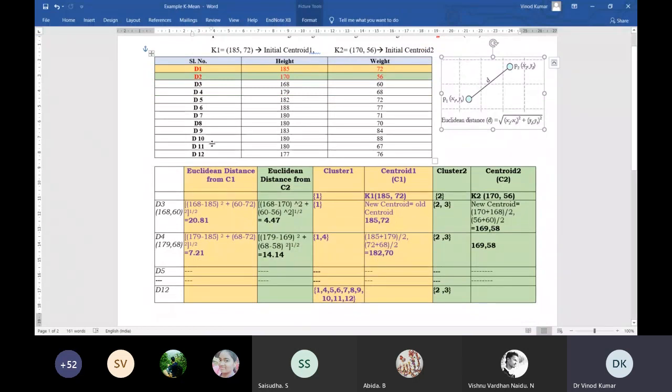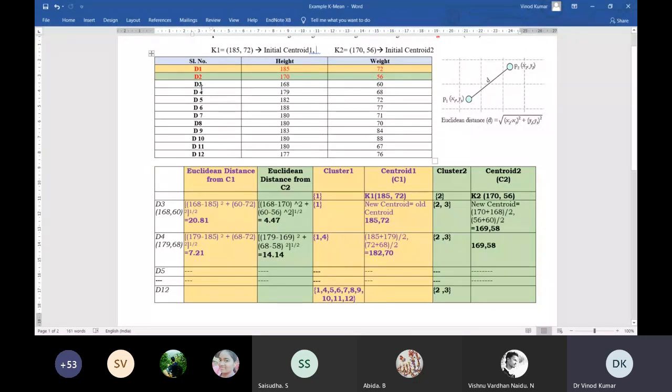So what I did now, my cluster 1 will be D1 and my cluster 2 will be D2, and its centroid will also be the same because initially we do not have more than one data object. So for the first iteration, these 2 clusters, whatever centroids I have taken, will be there.